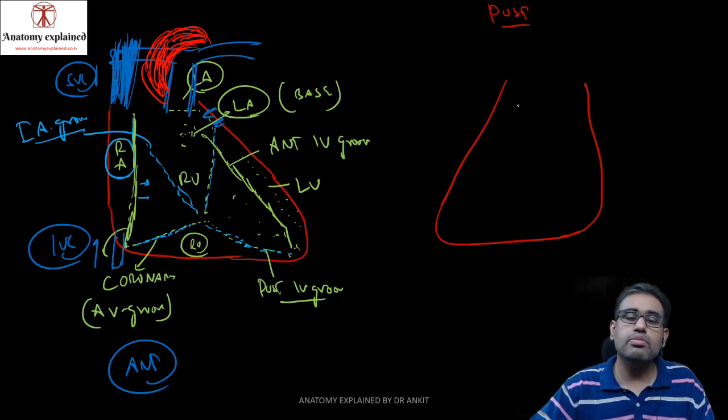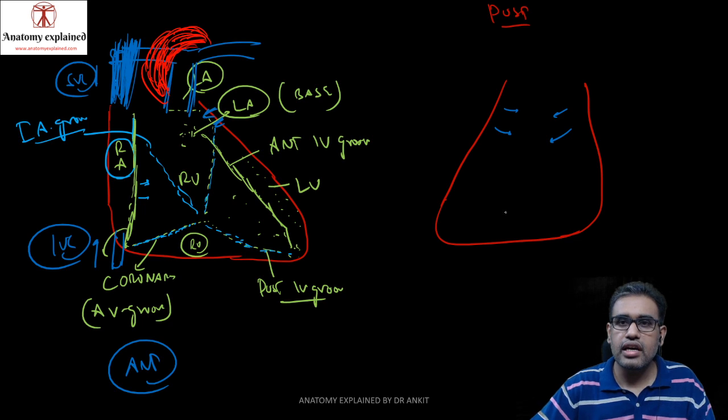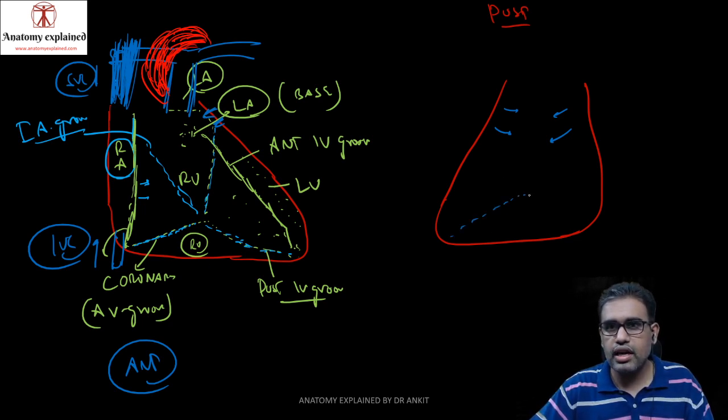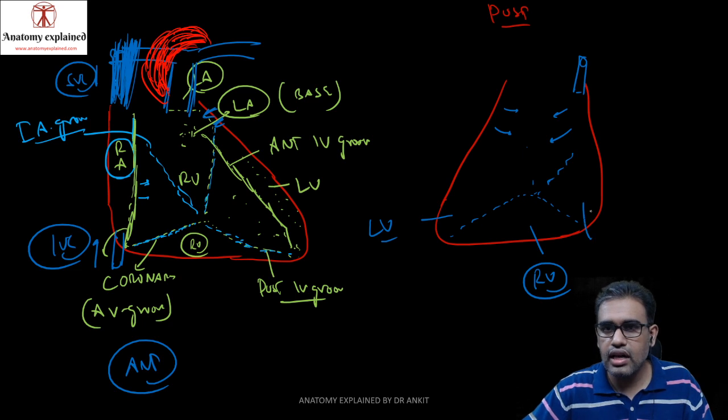If we look at the posterior view of the heart, these over here would be your four pulmonary veins opening where? Into the left atrium. Okay, and in the posterior view, remember, if you look at these grooves also, then these grooves will be lying somewhat over here like this and like this. So on this side we have the right ventricle part, that is the left ventricle part. This is basically our SVC and IVC going into the right atrium part.